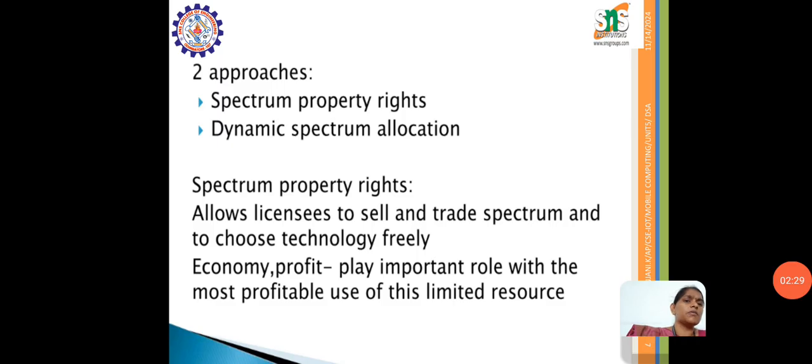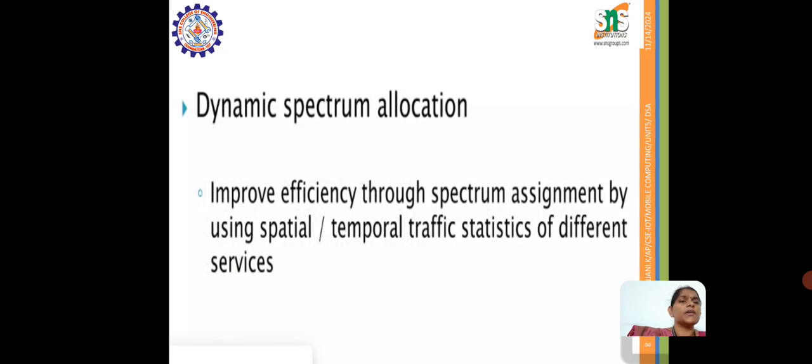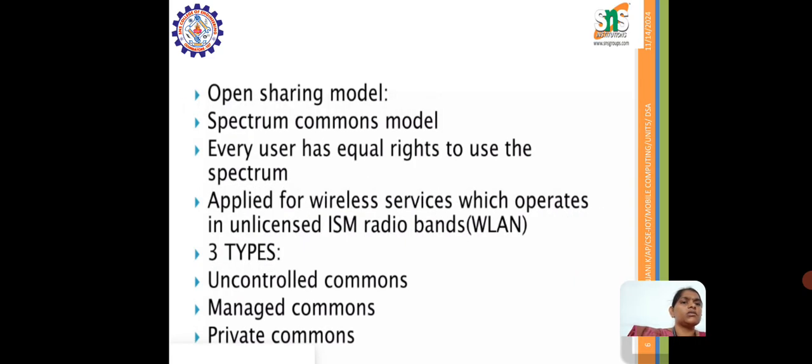Spectrum property rights allow the licensee to sell and trade spectrum and to choose technology freely. It is economically profitable and plays an important role in making more profitable use of this limited resource. Next is dynamic spectrum allocation. It improves efficiency through spectrum assignment by using spatial and temporal traffic statistics of different services. Next, let us see the open sharing model,